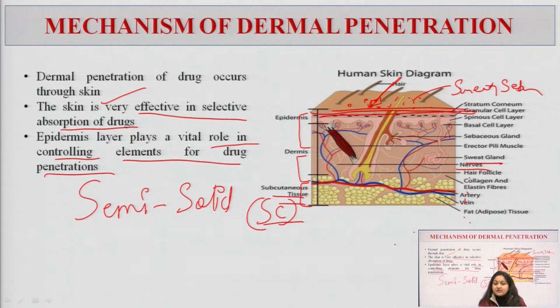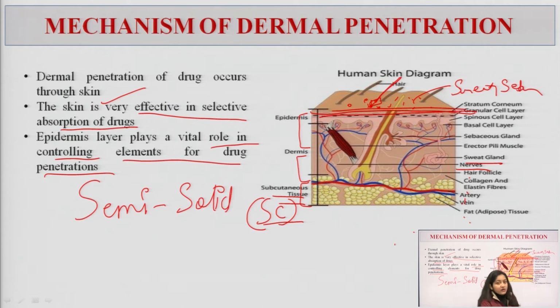As I have discussed, the skin consists of 3 layers: epidermis, dermis and subcutaneous layer. So, the epidermis layer is the major controlling layer that controls how much and what kind of medicaments must pass or enter the systemic circulation on application of any medicament onto the stratum